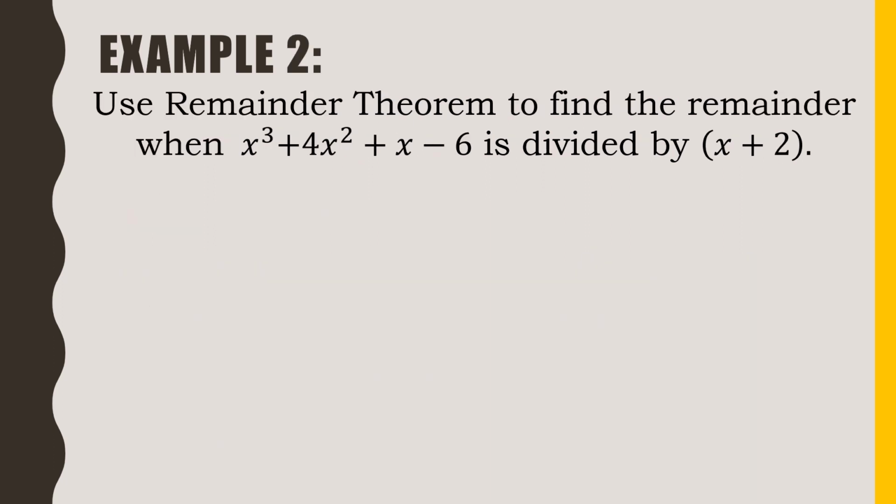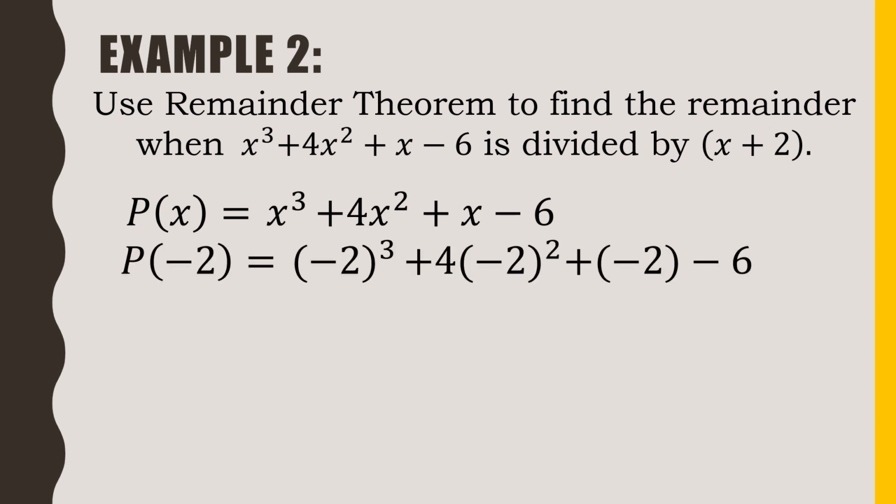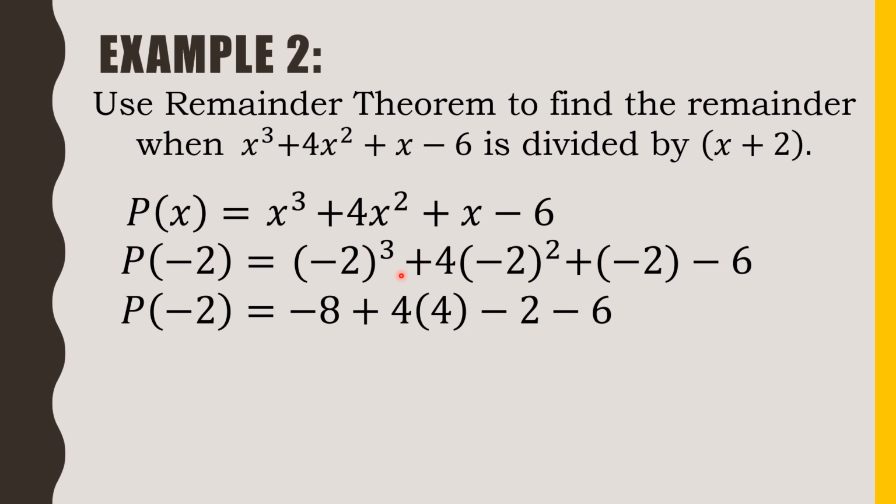Let us deal with the second example. Use the remainder theorem to find the remainder when x cubed plus 4x squared plus x minus 6 is divided by x plus 2. Here, we substitute negative 2 for x. Evaluating p of negative 2, we have negative 2 cubed plus 4 times negative 2 squared plus negative 2 minus 6. Negative 2 cubed is negative 8, negative 2 squared is 4, then bring down negative 2